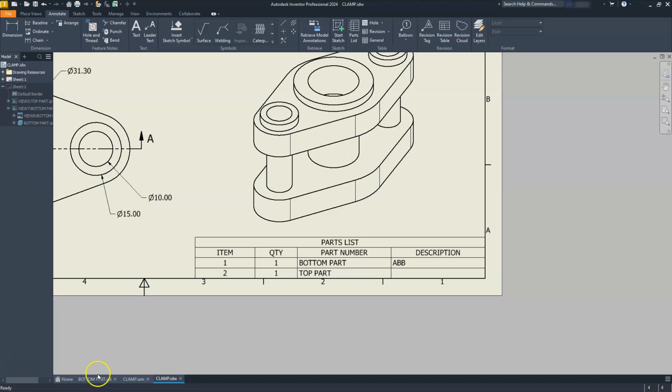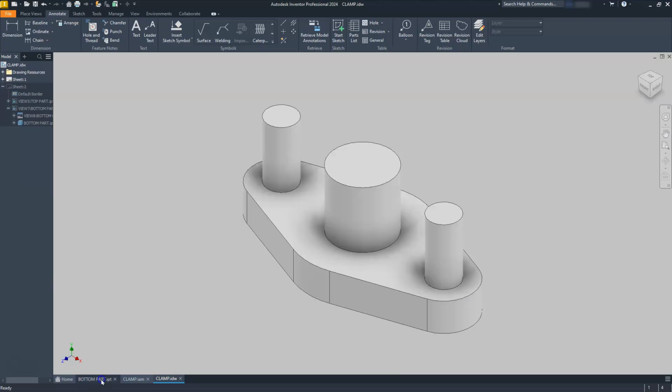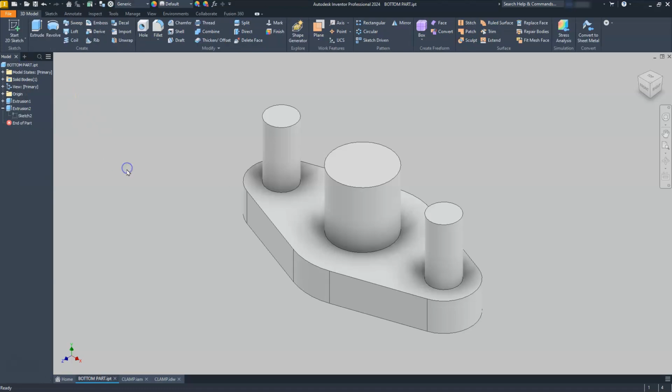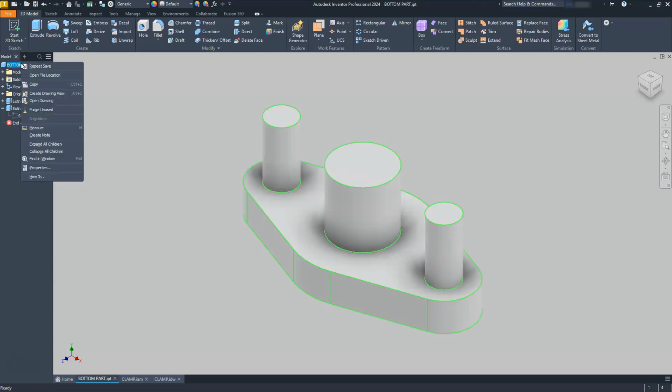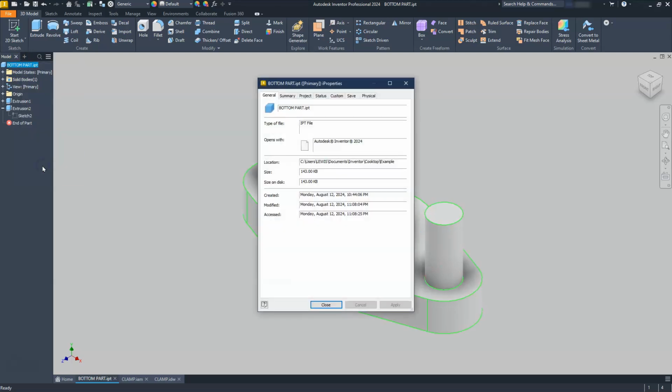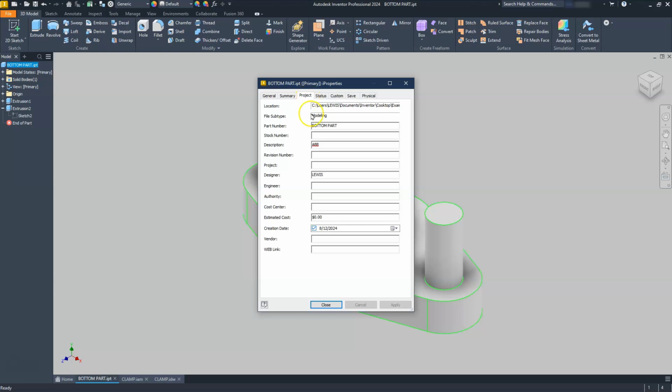Now what I'll do next is go back to where it says this bottom part. And I know this is kind of slowing down and it's not keeping up with me. I'm waiting on this to change from this IDW to the drawing file, or to the part file. There we go. Do a right click on this, go to properties, and inside of here you should see now